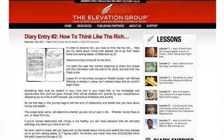So what I've learned and the mental shifts that I've made in my life to attract this kind of wealth and prosperity are going to be laid out here for you in this diary entry, diary entry number 2. It is going to be unbelievably powerful, and it's really just going to change the way that you look at the world from this day forward, from the very moment that you read it. Let's go to lesson number